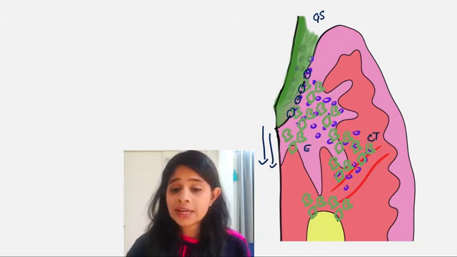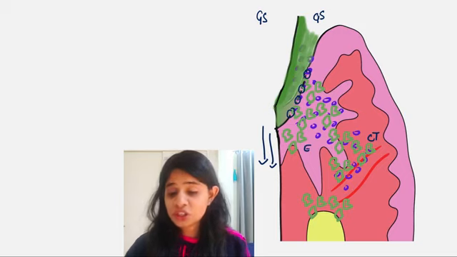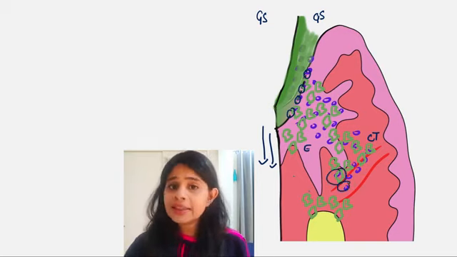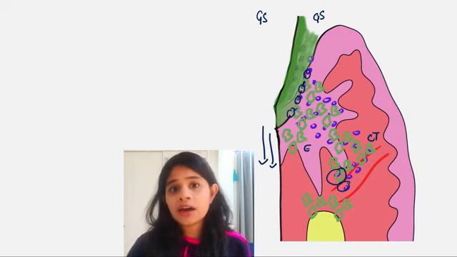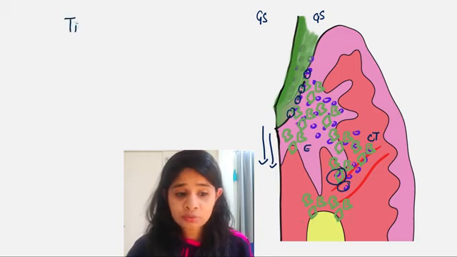So the war which was until now fought inside the gingival sulcus has now shifted to inside the tissue of the organism. So now the neutrophils will no longer migrate into the gingival sulcus to attack the bacteria. They will start phagocytosing the bacteria inside the connective tissue itself. In the same lines, even the bacteria which are still virulent will start attacking the other cells and cause tissue destruction because of their metabolic enzymes.